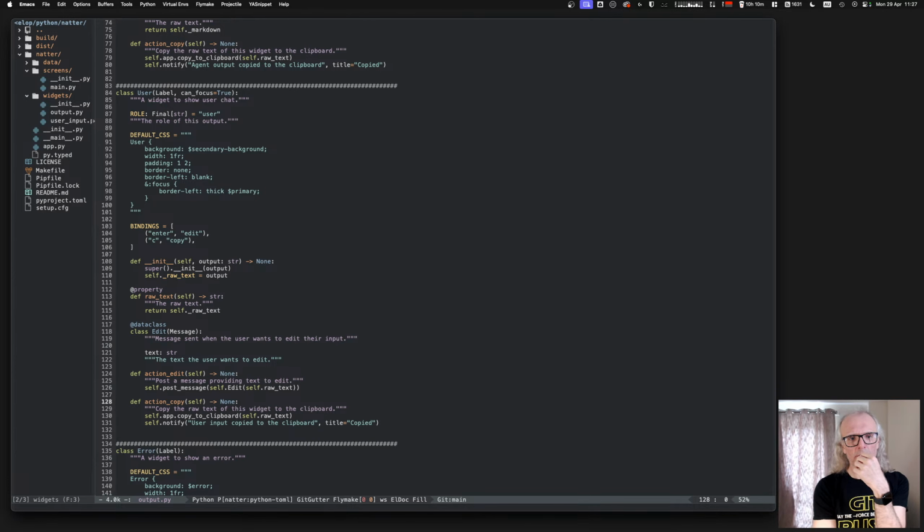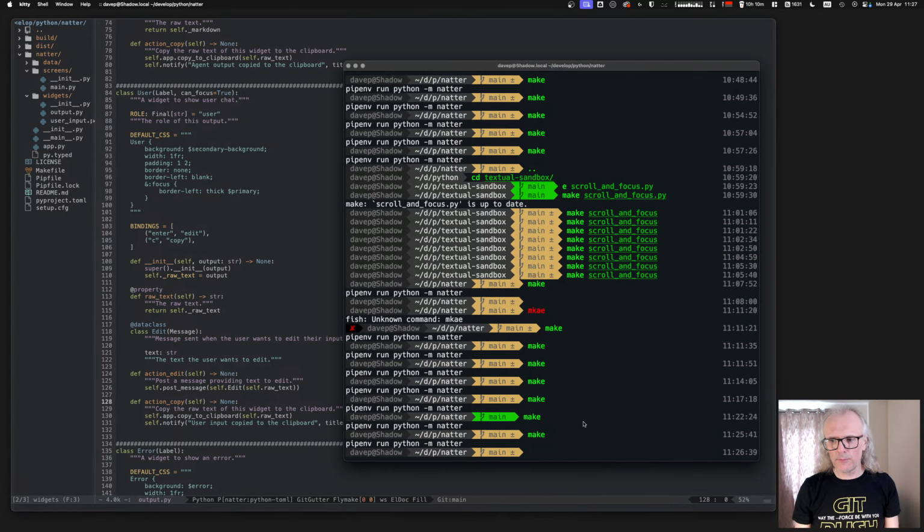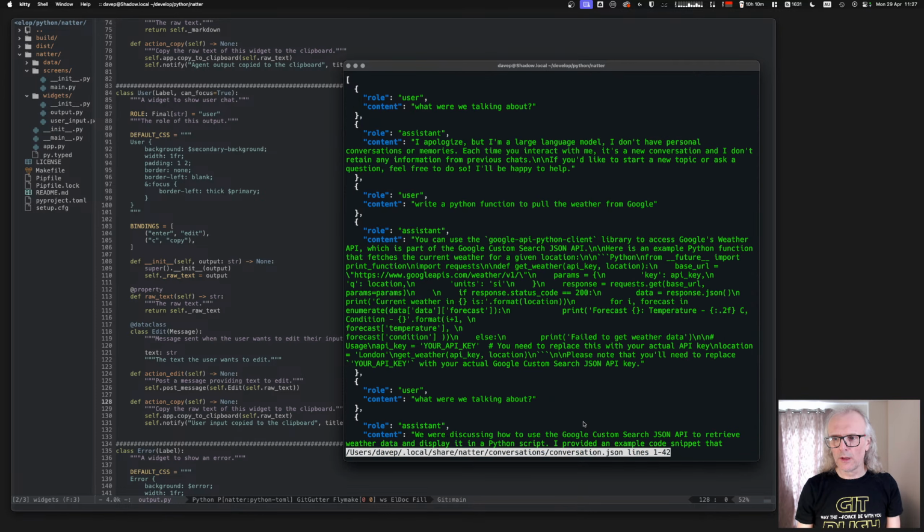Now, a thing I would like to do is add the ability to save the whole thing, for example. Again, at the moment, I'm just storing the current conversation in a JSON document in a data directory. And it's just one long document. You just keep having this conversation, or you reset it and start again. I will move to a more multi-conversation model. Let's have a look.